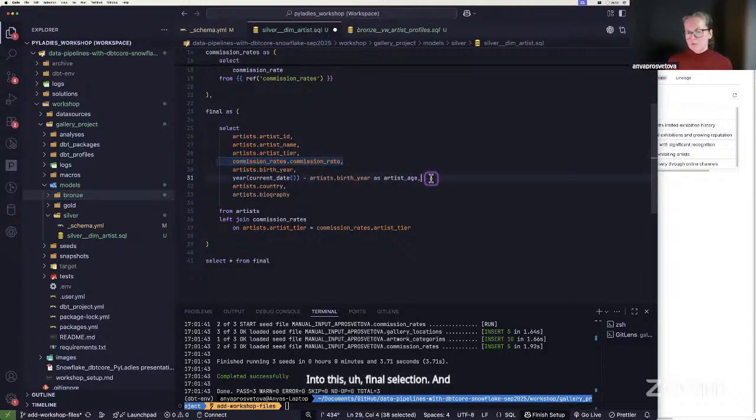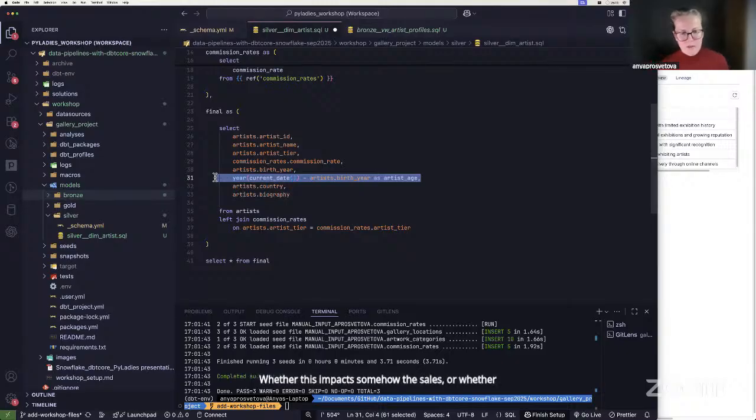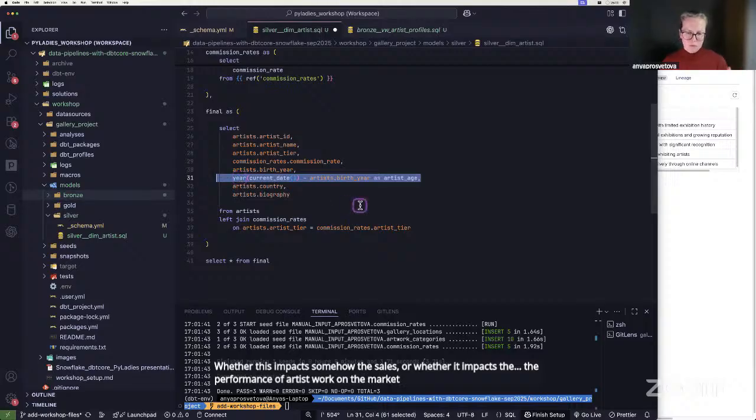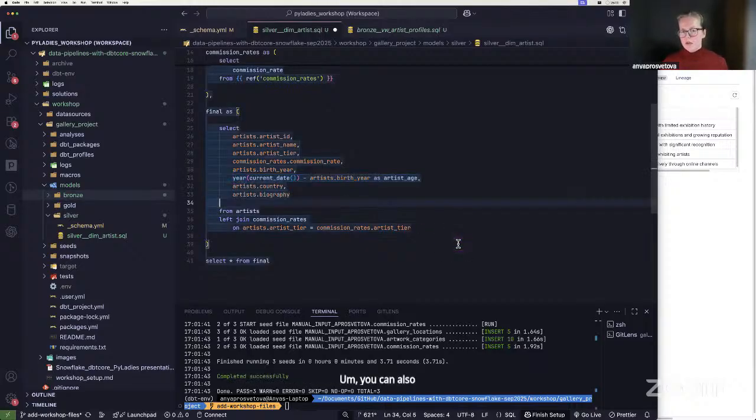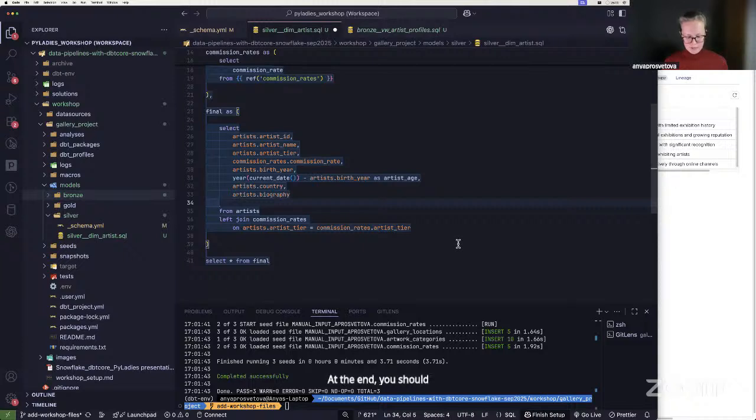And I'm also calculating the artist age, just to have an idea of whether this impacts the sales or the performance of artist work on the market. But that's just an additional thing. You can also add some additional logic here if you want to calculate something, and anything else really that can be added. But at the end, you should have this final